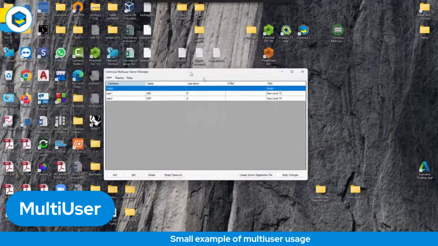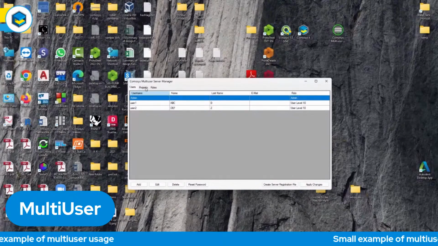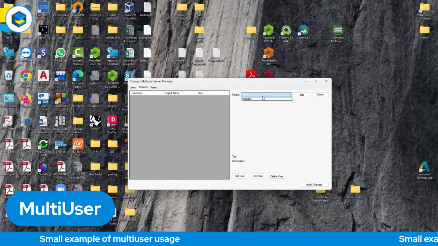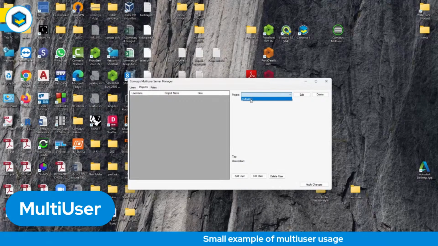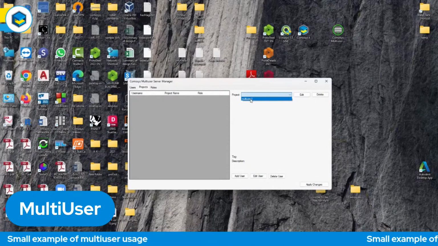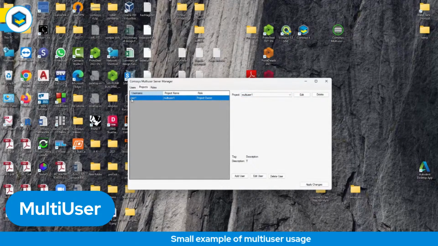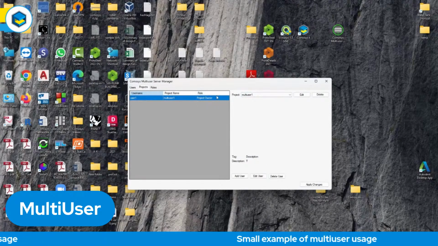When I do that, obviously user one and user two are still there. But now I'm going to talk about the projects tab, which we hadn't talked about. If I go into the projects tab, you can see that on the right-hand side, previously there was nothing inside, but now there is this multi-user one. So user one has created a model and has put this model on the server. What I can do is select this one, and the moment I select it, I can see that currently user one is associated with this project